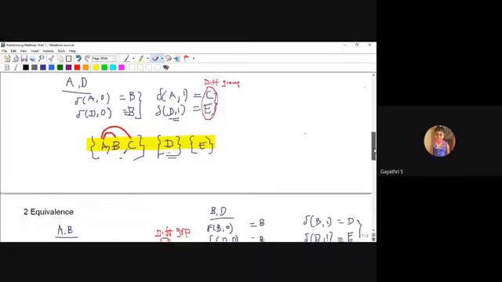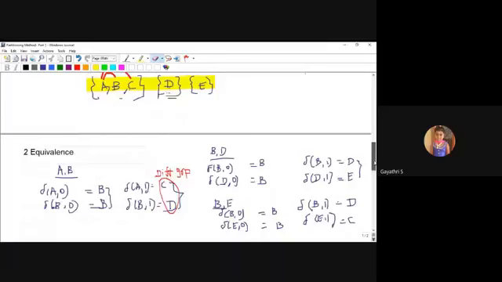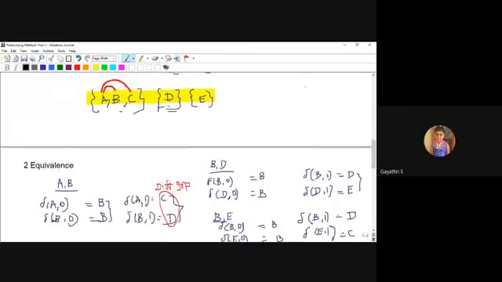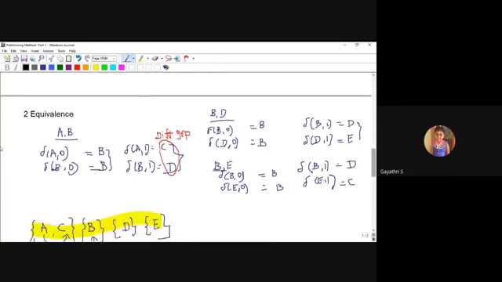Next, the same thing in the second equivalence. Again, a comparison of A with B and A with C. For A and B, A comma 0 and B comma 0 go to B, B, actually the same group. Then A comma 1 and B comma 1 move to C, D, which is in different groups.